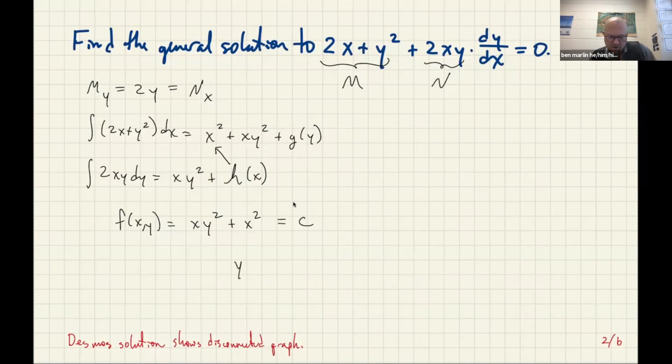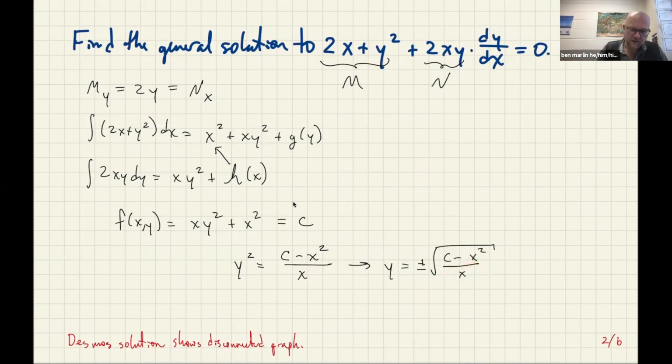If you wanted an explicit solution, you would have to take the c minus x squared, divide it by the x, and then get that your y is plus or minus the square root of c minus x squared over the x portion there, okay? And so you can clearly see from that